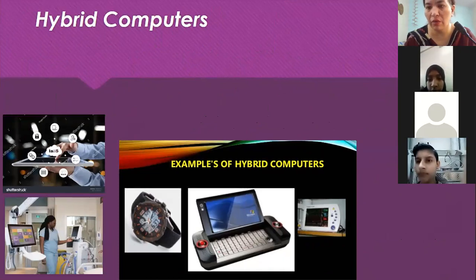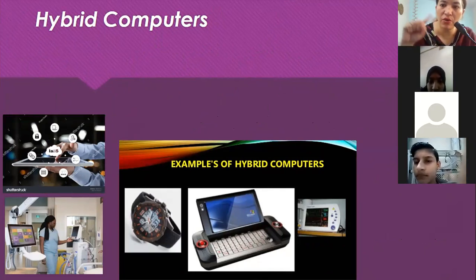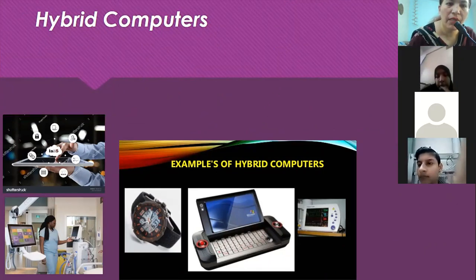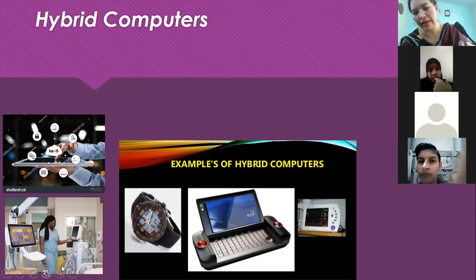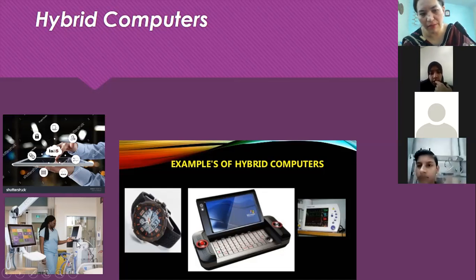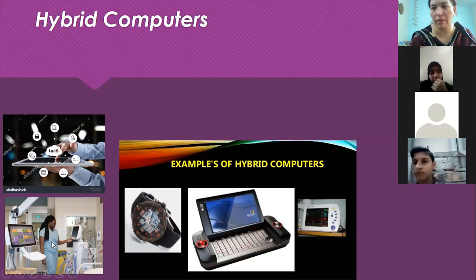The tablet, we are using iPad and tablet these days. That is actually a combination of analog and digital. Data is present inside the system, but you can use your finger to control it. If you are using your finger to control it, that is the continuous input. Continuous data is received and the system calculates according to our analog data. Input is analog, and the output is given in what? Digital. So that means this is a hybrid computer. And you can see this lady who is checking the blood pressure. She can get the blood pressure by having the input as continuous data and will be having the result as digital data.